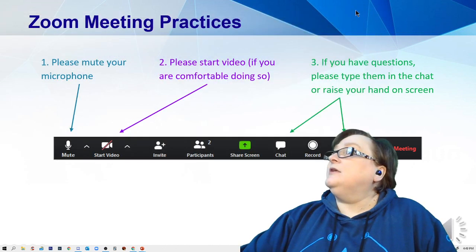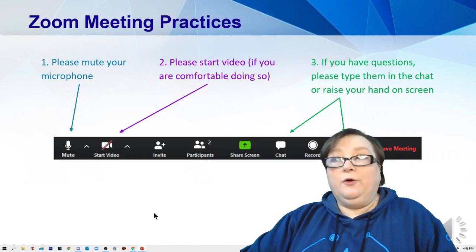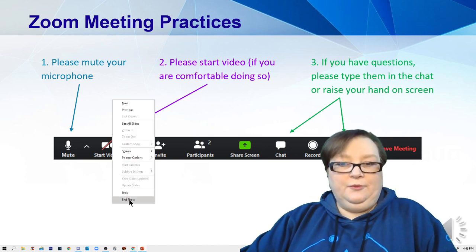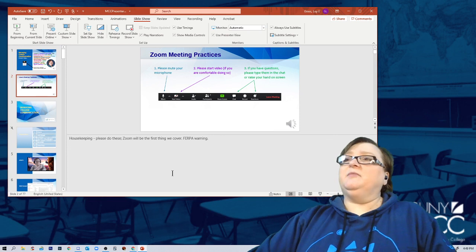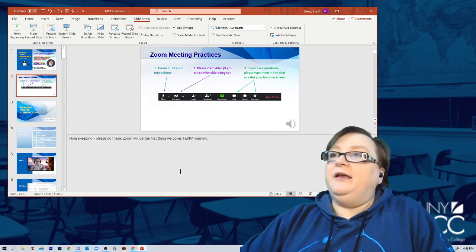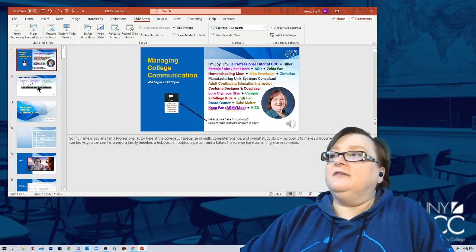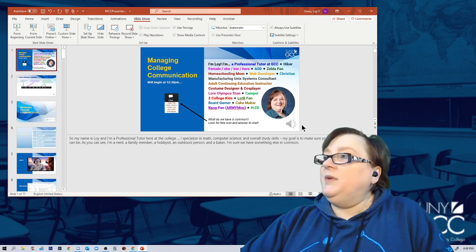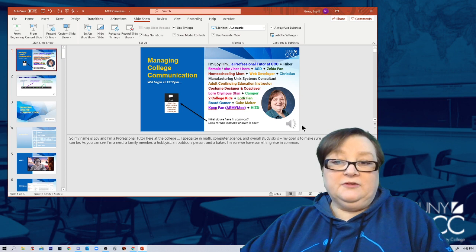When I'm done, I'm going to close out the recording view. I'm going to right click on my slideshow and choose End Show. And that brings me back to PowerPoint. It's not immediately obvious that I've recorded narrations on these slides, but if you look in the bottom right of the slide here, there's this little speaker icon that indicates that there is a narration on this slide.